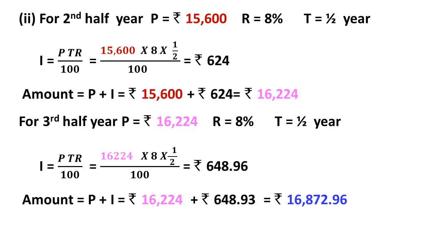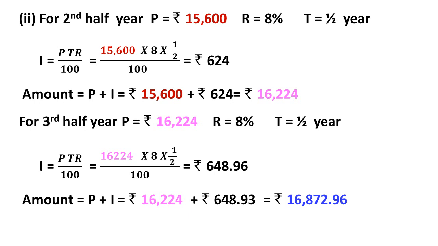So in this problem, the amount of rupees 15,000 is the principal amount. It is borrowed for 18 months. But at the end of the first half year, that is for the first 6 months, the amount is increased to rupees 15,600. So by considering these two amounts, we need to find out the rate of interest.